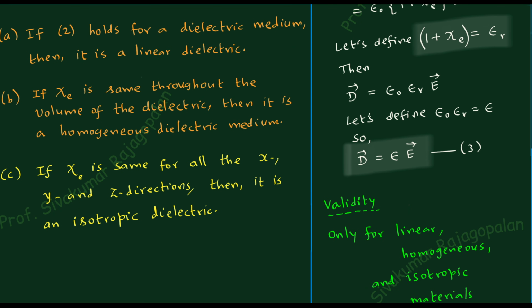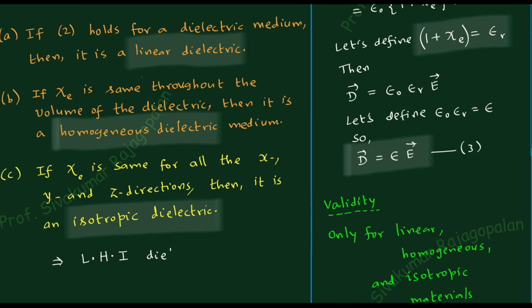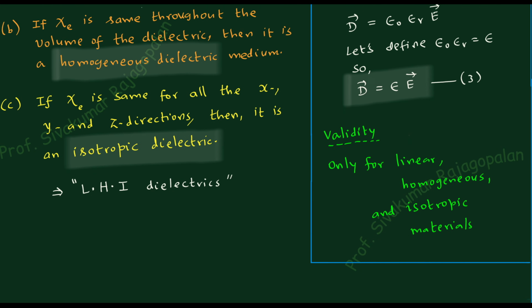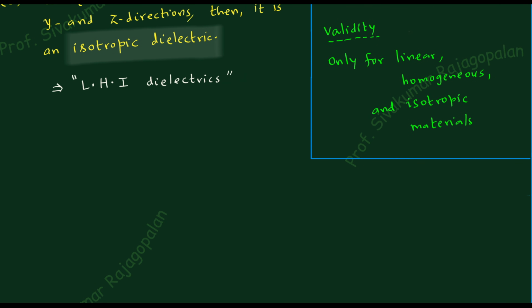Okay, so what are the important terminologies? The important terminologies are linear dielectric, homogeneous dielectric and isotropic dielectric. So that is the definition. And once you understand what is isotropic, then this combination is what is known as LHI. Linear, homogeneous, isotropic, so that combination we can call an LHI dielectric. Within the limits of the classical electrodynamics course, any properties, any studies, any problems that you are going to perform are all limited to the LHI dielectrics. That means linear, homogeneous, isotropic dielectrics.